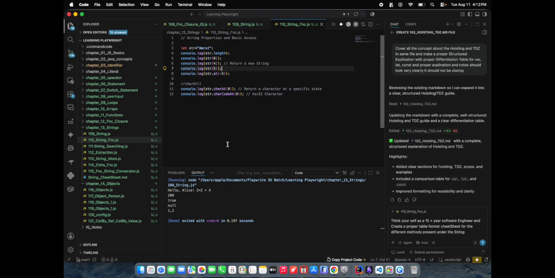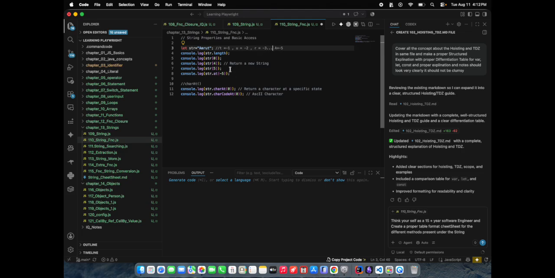If you print string at an out of bound index, it will give undefined. With the at function, it starts from the end: T is -1, U is -2, R is -3, and so on up to A, which is -5.